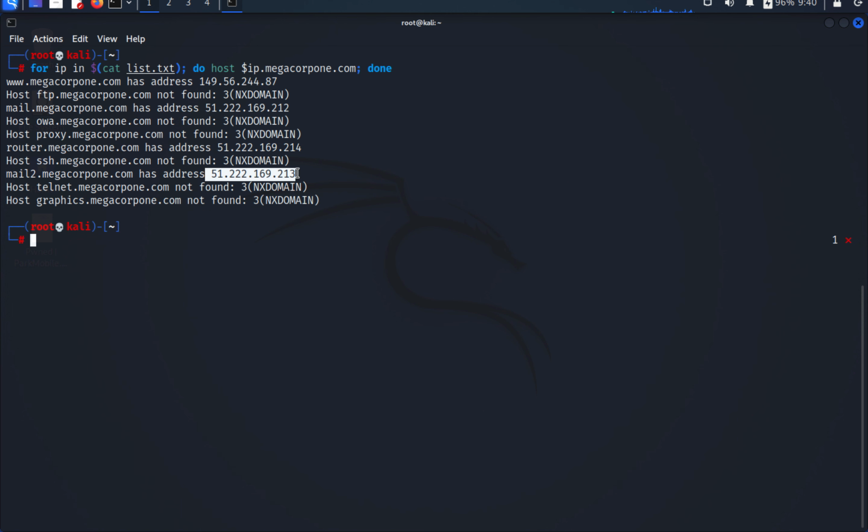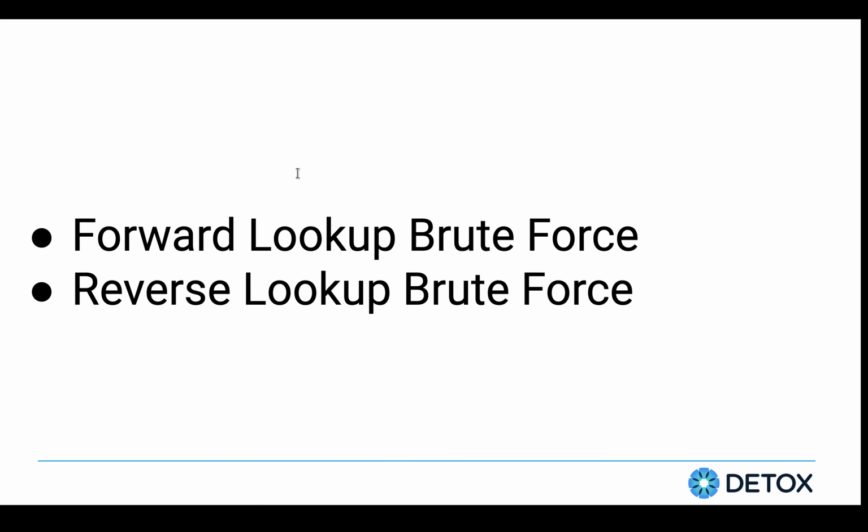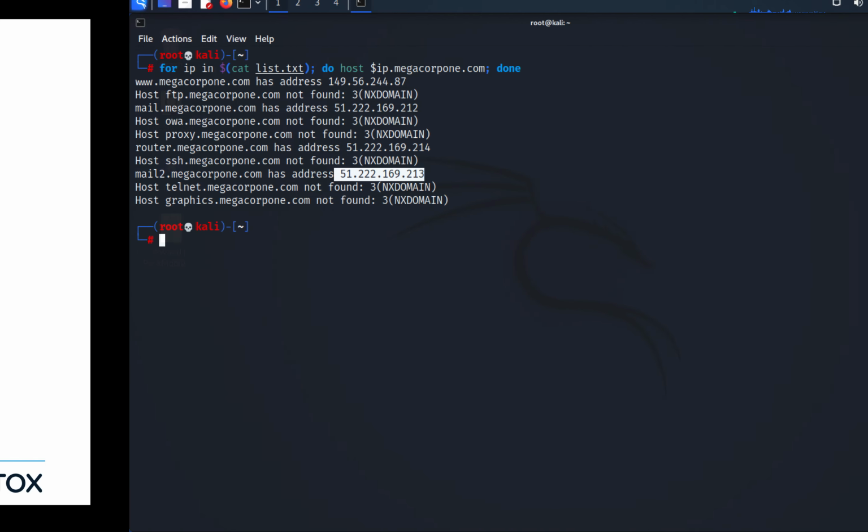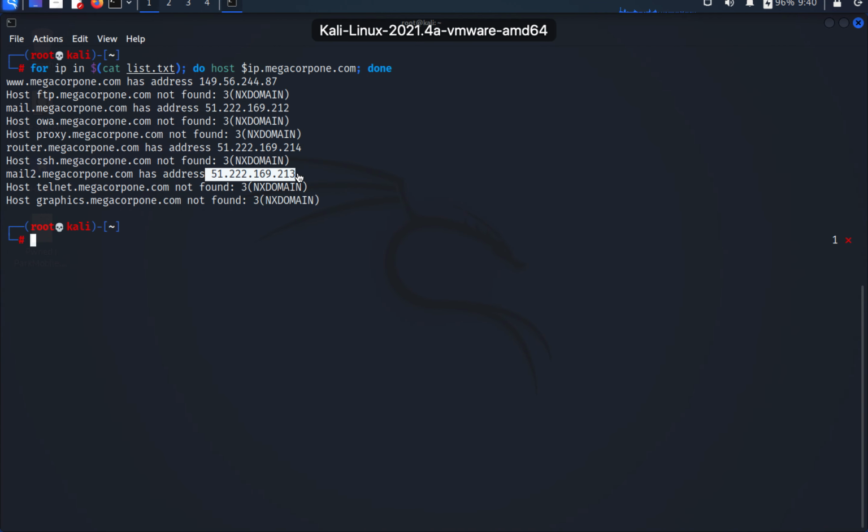So that's how we can go for forward lookup. Then we can go for another thing, the second one, which is reverse lookup brute force. In reverse lookup brute force, what I can do is, since we know the IP address has a